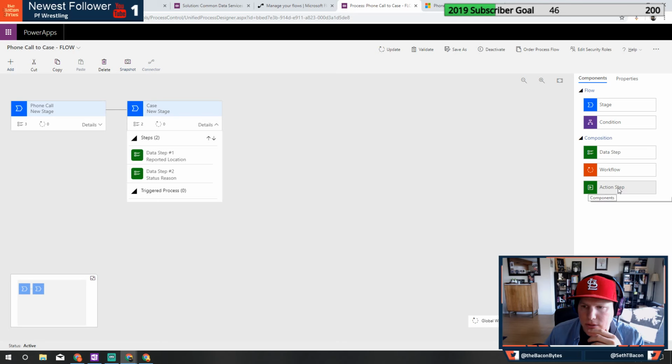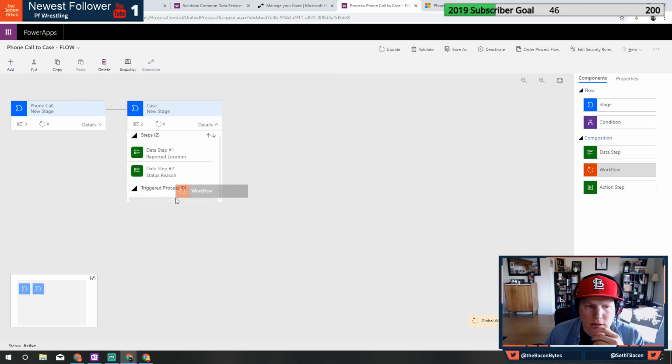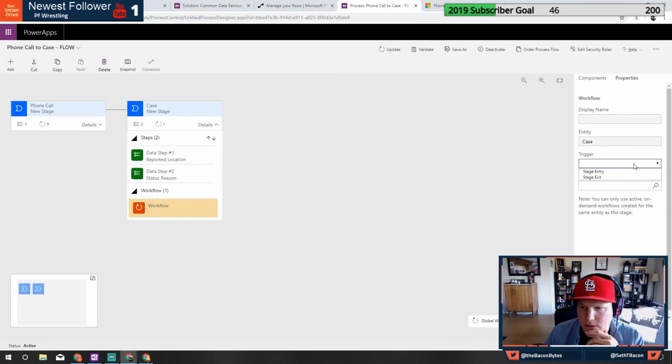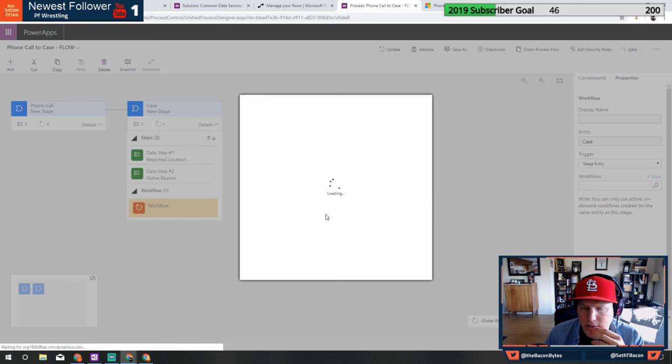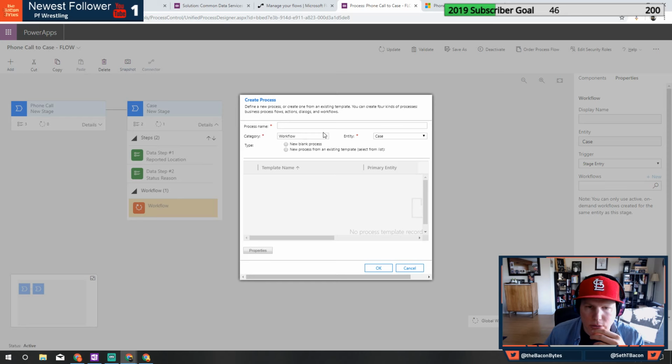So what I want to do is have a workflow triggered. Stage entry. So when it enters that stage, do a workflow.